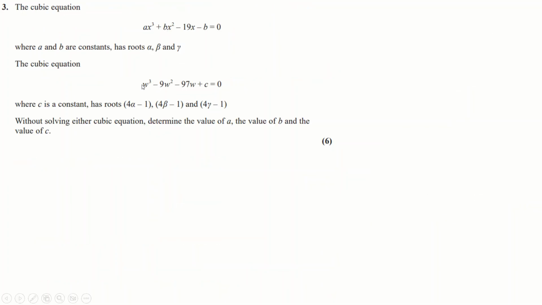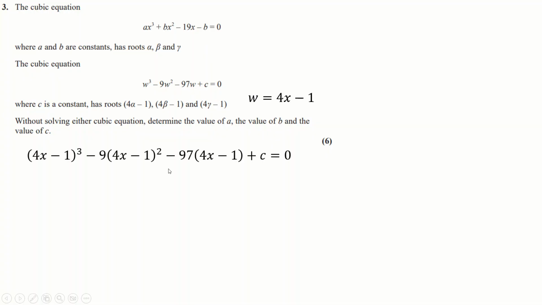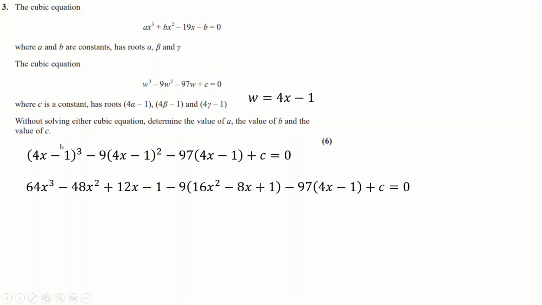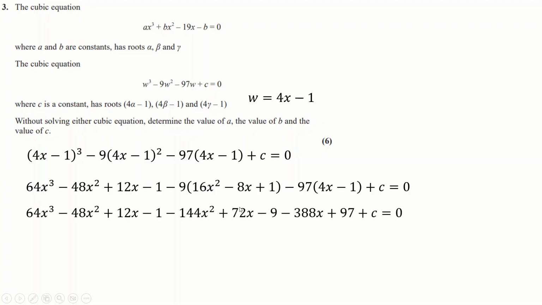So this cubic and then this cubic has roots that are related via this. That means that w is equal to 4x minus 1, because the roots have changed by multiplying them by 4 and taking away 1. And if we take that and put it into here, so w is 4x minus 1, put that into each of these, and we get this. Expand everything out, do a bit of binomial expansion, tidy it all up, and you eventually get to this after a bunch of tidying, which means, of course, that A is, oh, in fact, no, not quite,